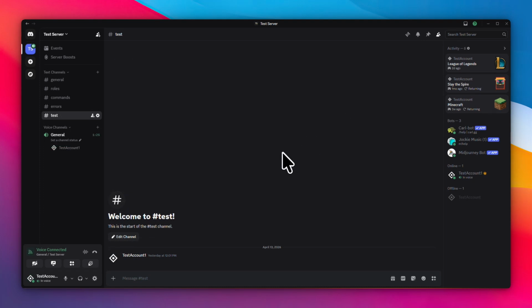That's all there is to it. Click the gear icon, go to Advanced, and toggle hardware acceleration on or off. Test the result, and stick with whichever setting gives you the best